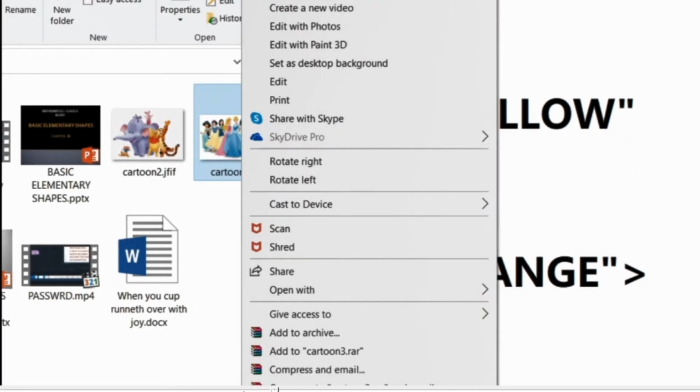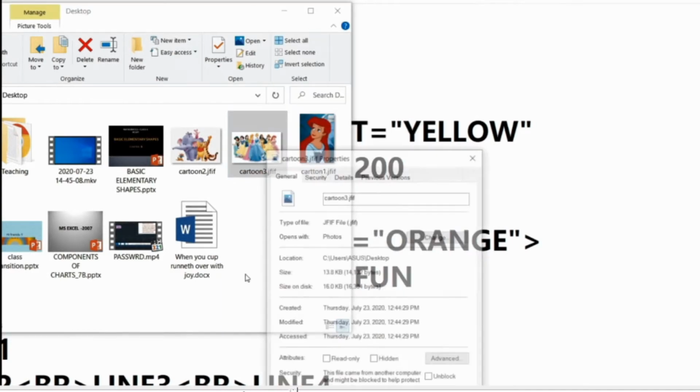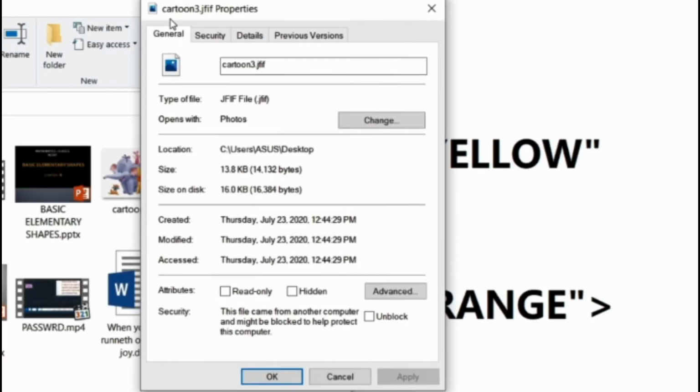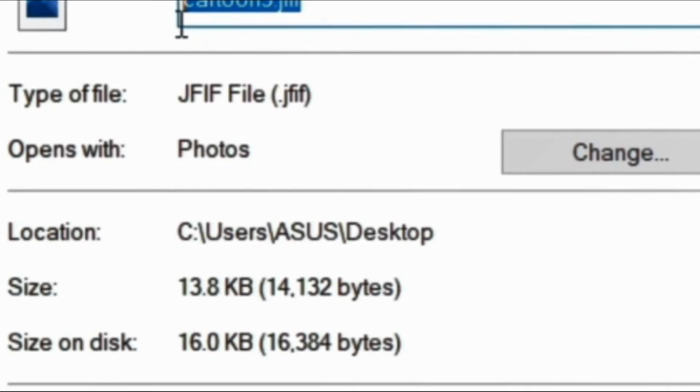Click on the last option of properties. Then a property window will appear on your screen. You can see this property window is of that image which I have selected, and the name also is same, cartoon3.gif. So I will copy from here.